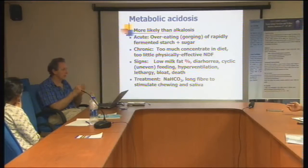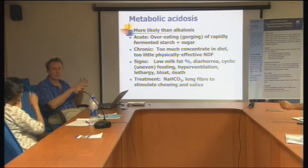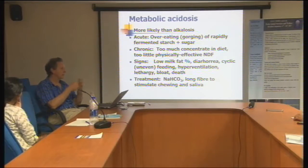And this is essentially a problem of eating too much rapidly fermented starch and sugar, particularly with cereal grains. When the grains are smashed up by machinery before they're fed to the cows, then it exposes all the starch, and that starch is then very rapidly digested by the bacteria in the rumen. So that's a bad thing, and